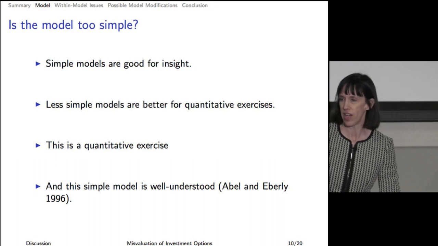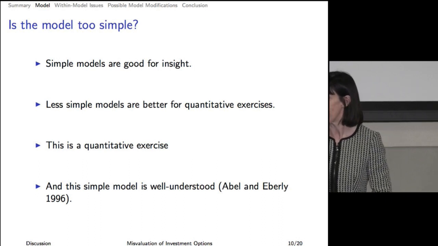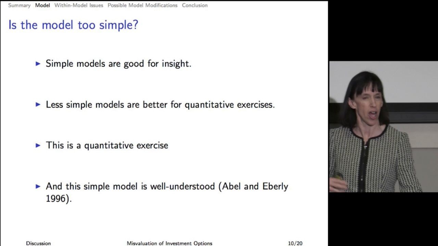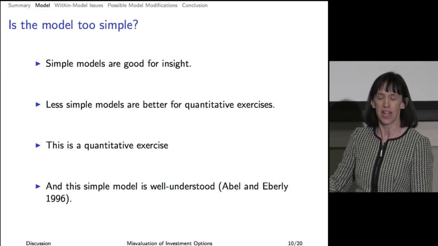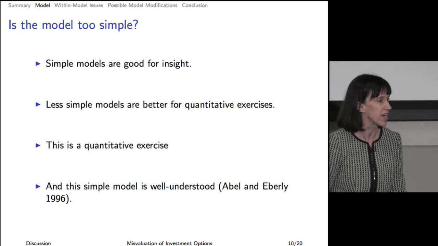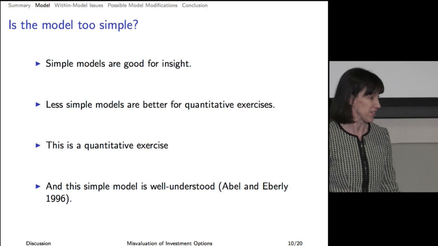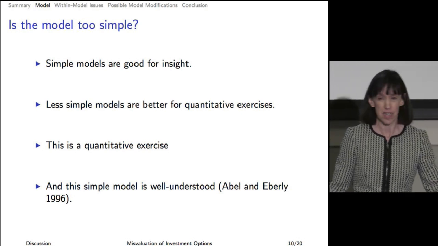My attempts at fitting really simple models to data have usually ended up in disaster, and so I think of more complicated models as being those that are more useful for quantitative exercises, and this is a quantitative exercise, and this simple model is already very well understood. It's actually a special case of one of the old Abel and Eberly papers. So